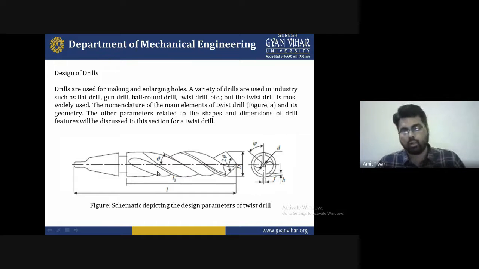So when we are doing the twist drill, it is to be observed that, at a certain condition, systematically there is a small cut angle theta, and capital D is the total diameter of the twist drill, and L is the total length to be considered while we are using the drill, and where the theta is to be used for generating. So these are basically the main concepts which we have adopted.